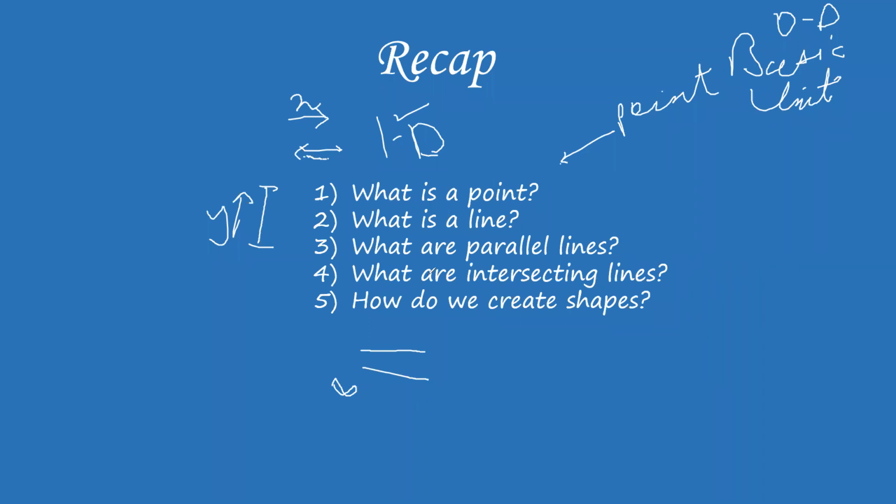Intersecting lines are two lines which cross each other. Yeah, absolutely correct, Prathamesh. They cut each other at a point. So basically, it is like this. Let's say we have two lines like this. They don't look intersecting. They are not meeting right now. But if I extend it a little bit like this, you're going to see that these lines meet over here. So we are going to call it intersecting lines, IL. And the point at which they intersect is IP.